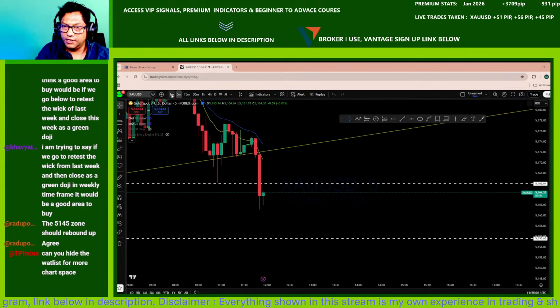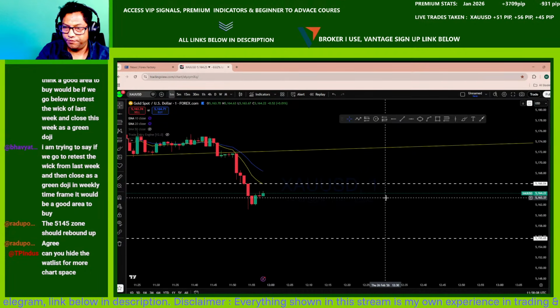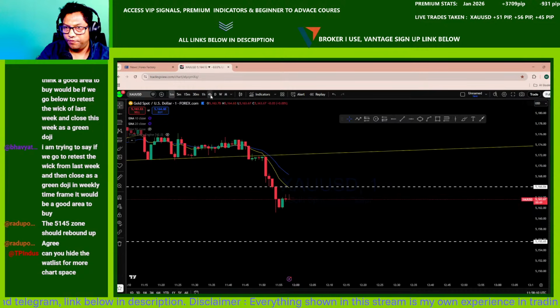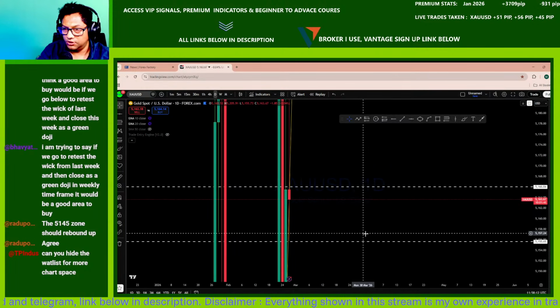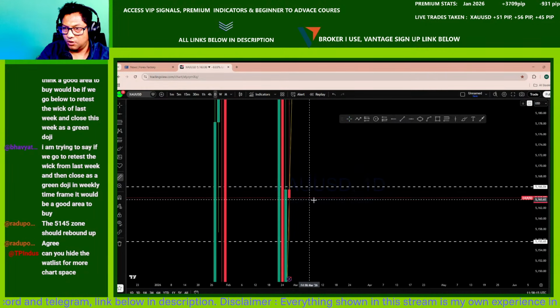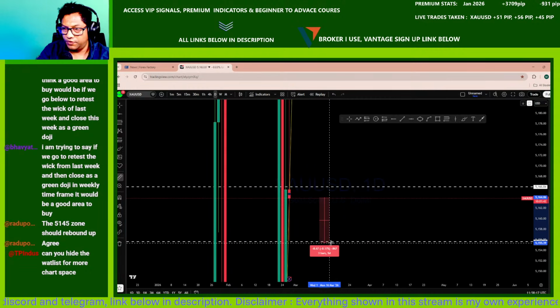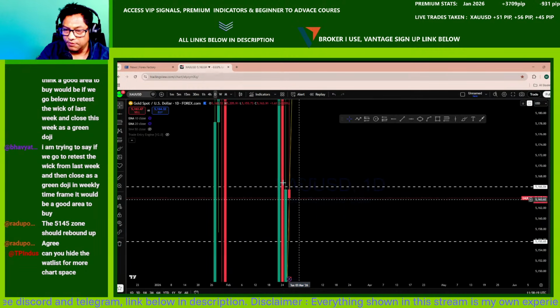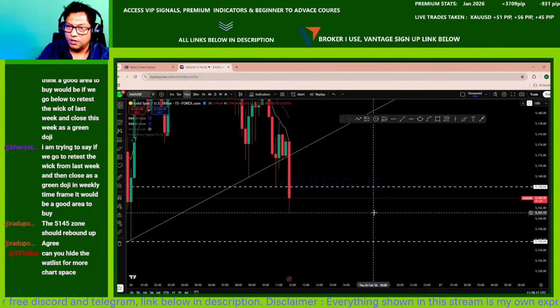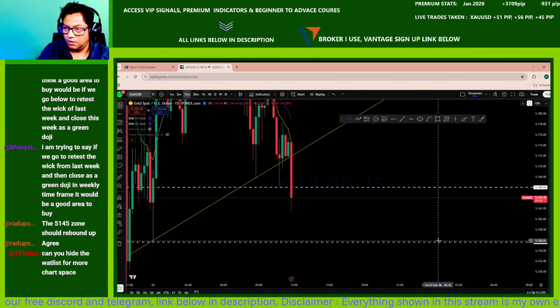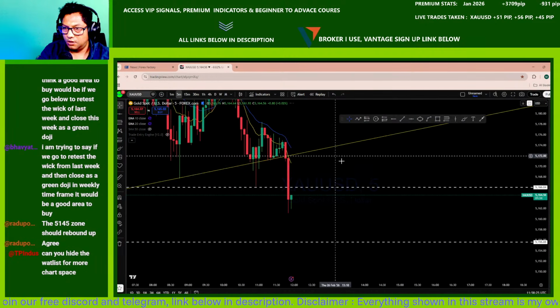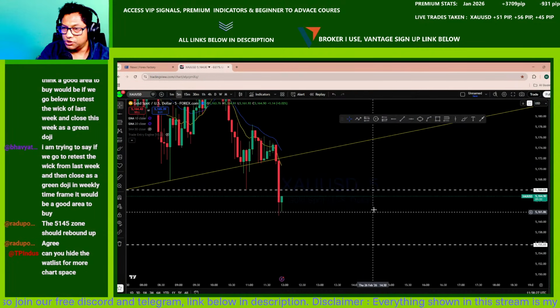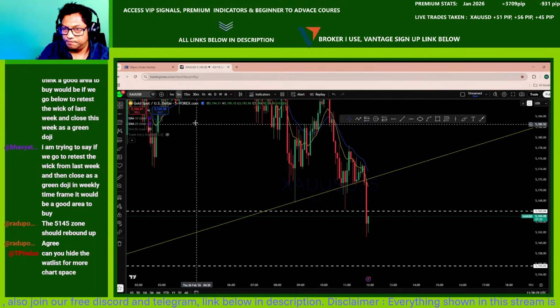Okay, it's getting some kind of rejection now. This is the daily low as we discussed. And how much is the gap to the daily low? It is 87 pips. So the market is below the daily support. The question is, are you going to see a reversal of this?